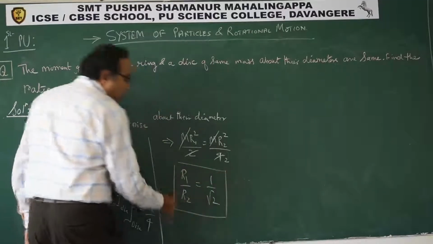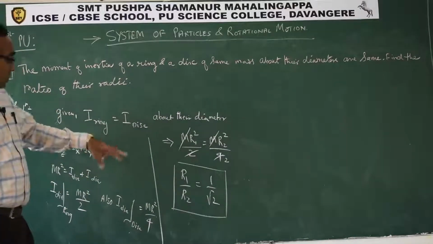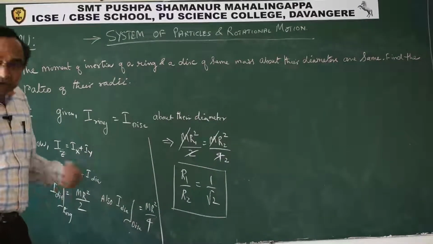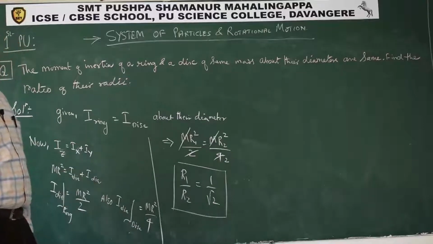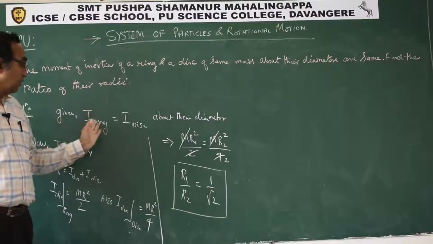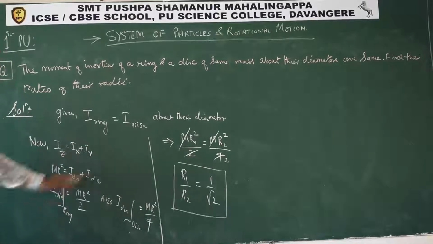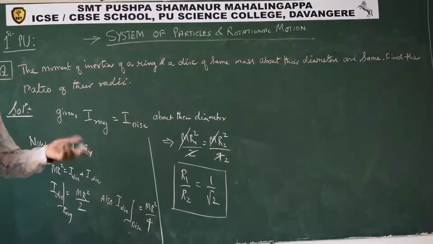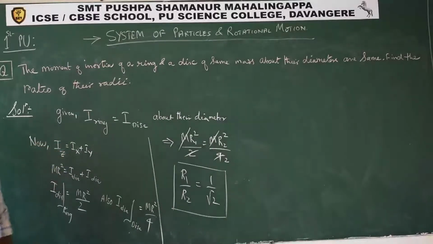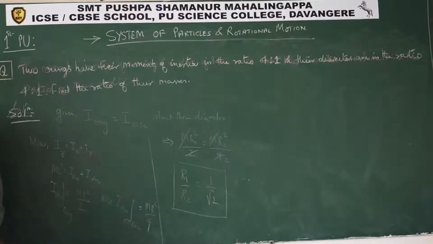That is exactly how. r1 is what? r1 is the radius of the ring, r2 is the radius of the disc. That is exactly how we can work out. So students, don't be in a hurry. Don't write mr square by mr square by 2, then also you are getting the same answer, but still you have to work out and check. Every time it will not be correct. Okay, that is how we can work out. We can use the concept of perpendicular axis theorem. That is what is used in this.